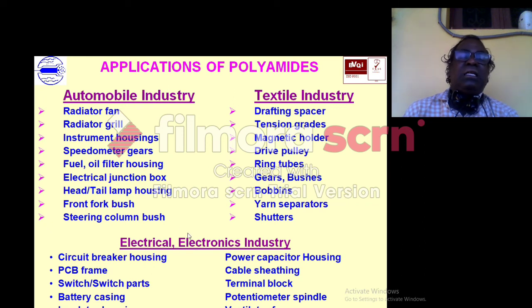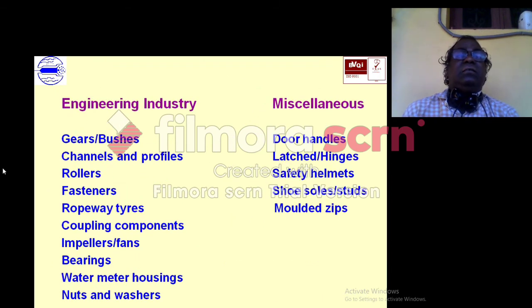And in the electronic application industry, it is used for making PCB frames and terminal blocks. So many parts of the electrical and electronics industry use nylon parts. And in the engineering industry, gears, bushers, channels. So these are the different types of components we make from this material for different types of application.